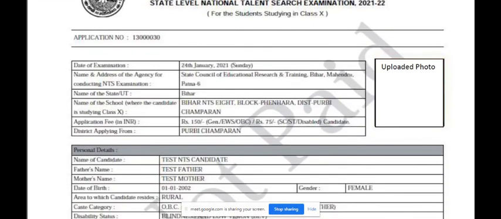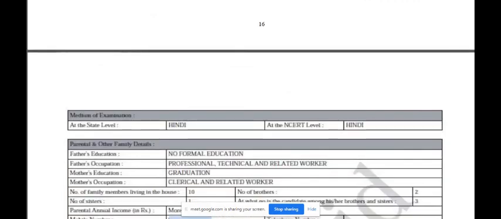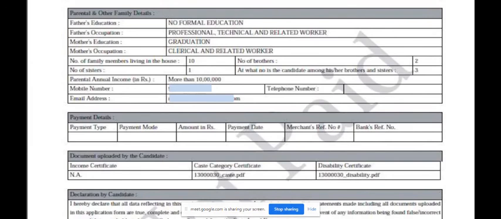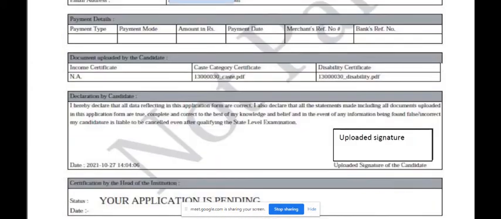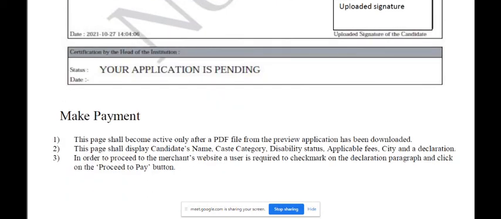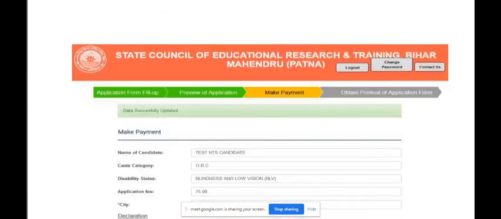Before making payment you have to preview all the details: address, school information, examination medium, annual income of your father or mother, and after verifying your scanned photo and signature, you have to now make payment. For that the next part is given, that is make payment.